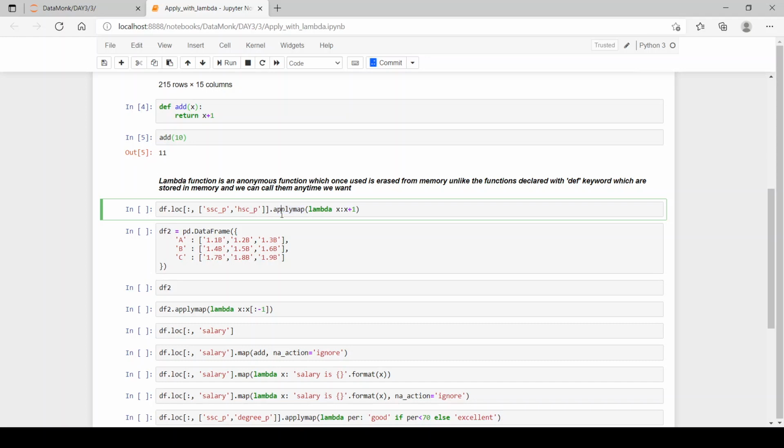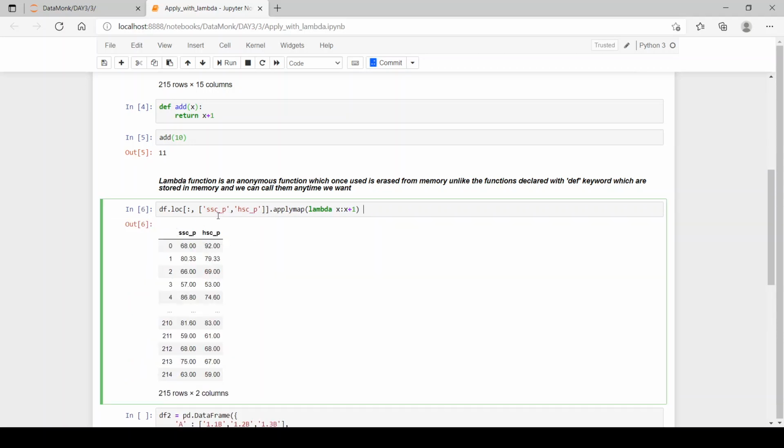If you don't know what applymap is, you can watch our previous video to know more about it. Now we use lambda x: x + 1. What this lambda function will do is increment each and every value in this data frame by 1.